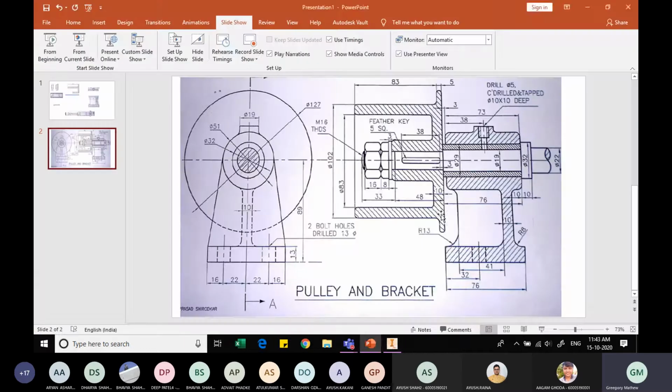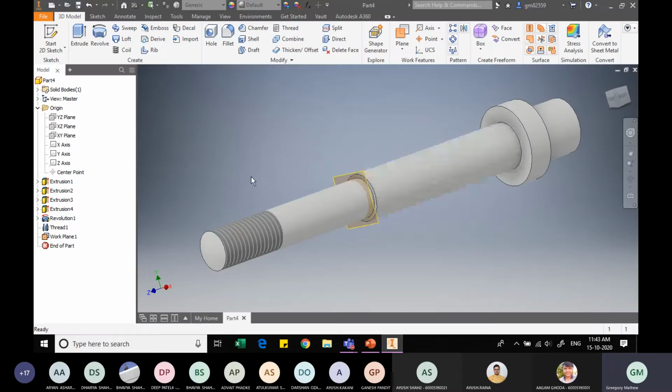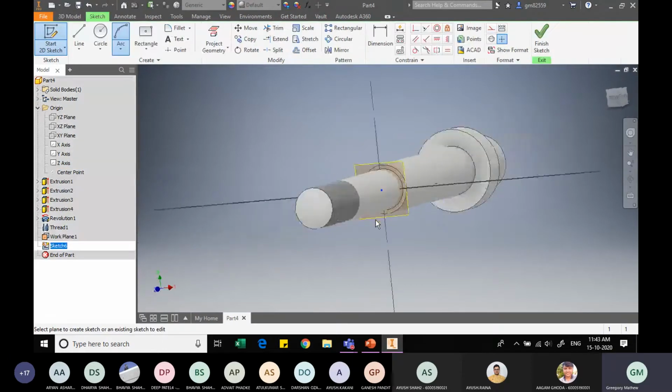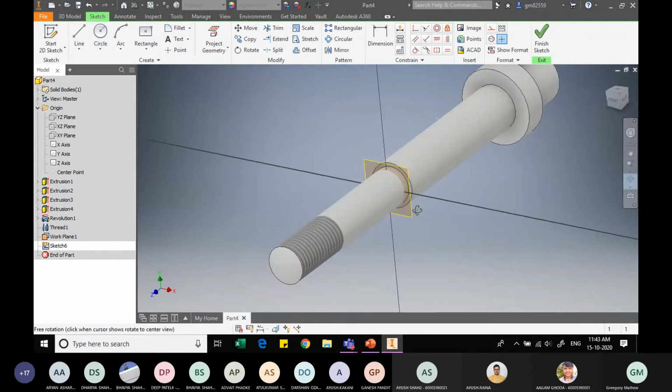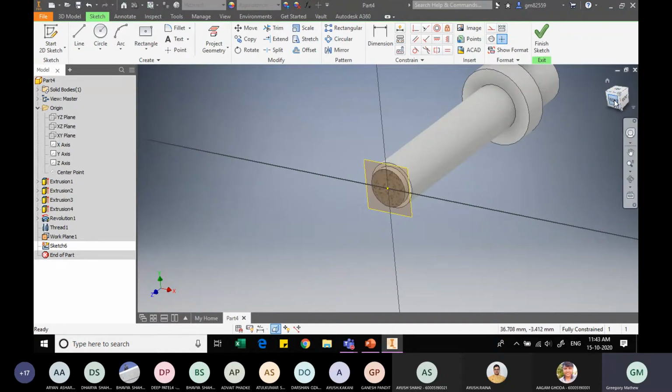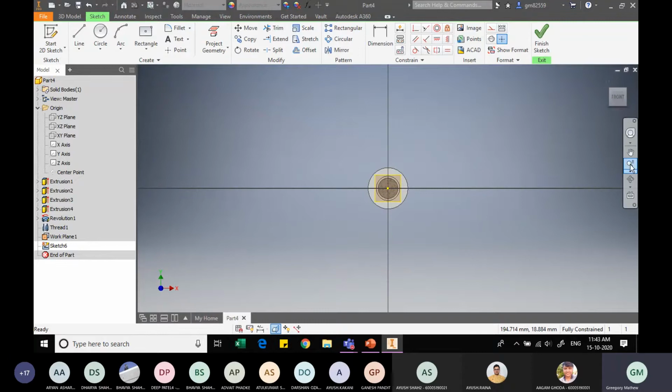Why did I do that? Because I know that this is starting 3 mm away from this particular edge. So once I have created that, now on this plane I will sketch my key slot. Now this is disturbing my view, so let me hide this portion in between. I hope it's hidden. It's not hidden. So function plus F7, and now it's hidden. Now show me the front view. Let me increase the size.